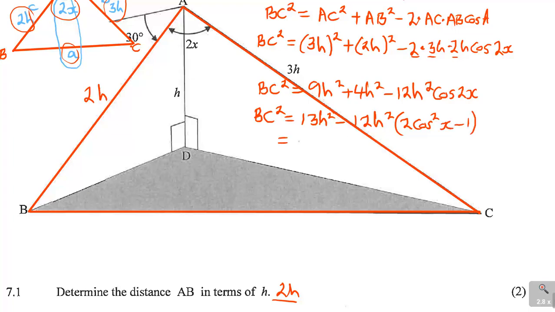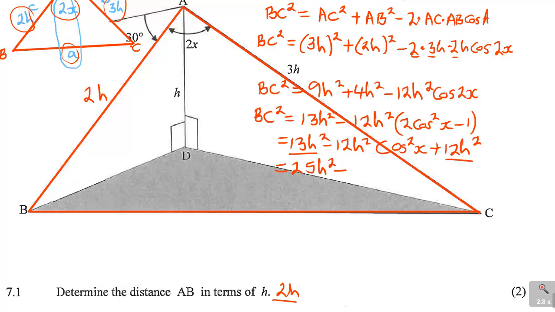If you open the bracket, it's minus 12h squared times 2 cos squared x, and then negative 12h squared times negative 1 is positive 12h squared. Then if you add 13h squared plus 12h squared, it will be equal to 25h squared, and then it's minus,